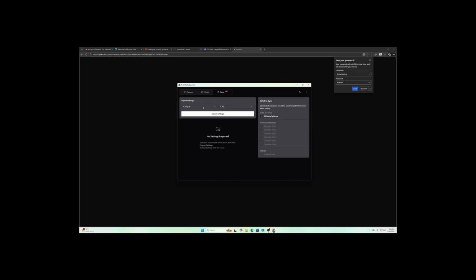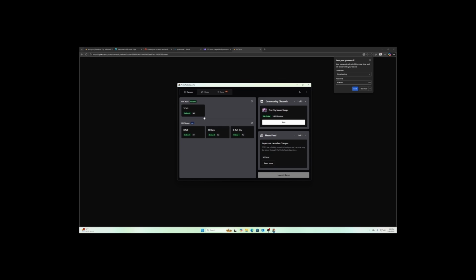In the Sync Labs, you can set the server you want to synchronize your game settings with. So you can pull your kocity.cc TCNS server settings, and then if you play on a different server, it'll import them to that server. Again, not really going over that today,